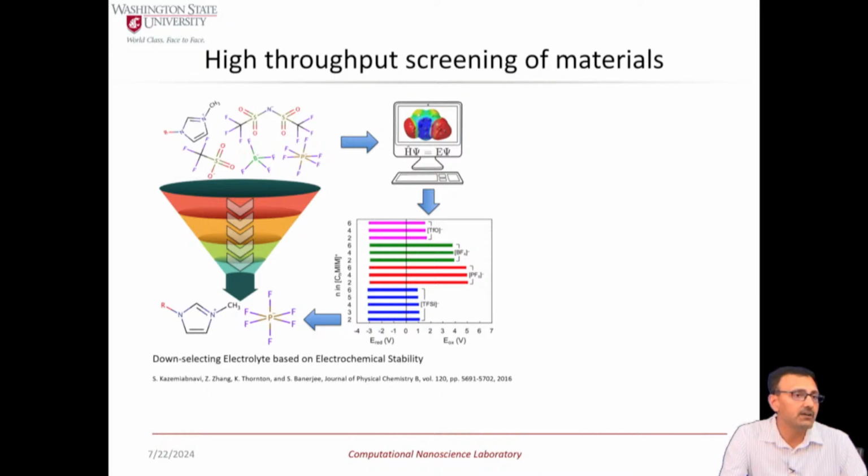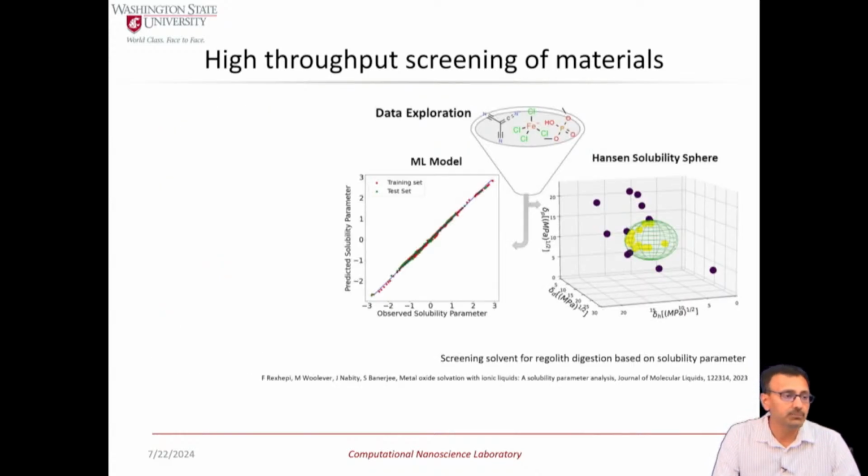At the end, you have many different electrolyte formulations, and one of the questions is, what is the electrochemical stability of these chemicals? And you can apply the density functional theory approach with a high throughput method to calculate the frontier orbital energies, which are called the HOMO-LUMO energies, from which you can have a pretty good estimate of the width of the electrochemical stability window across which this electrolyte is able to operate, and from which you can down select electrolytes for these applications. But what is becoming more and more common to apply today